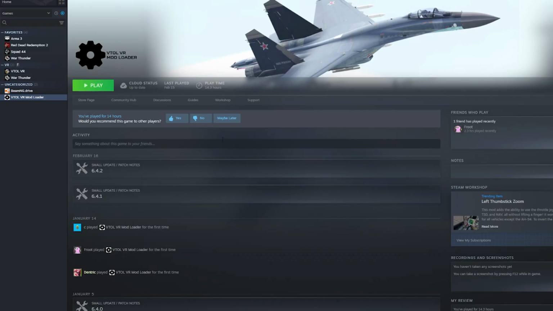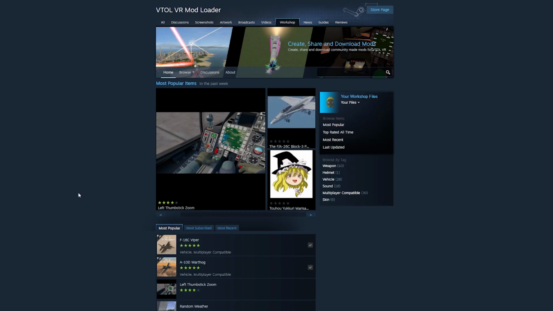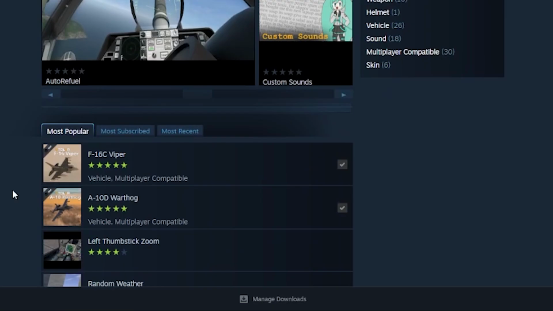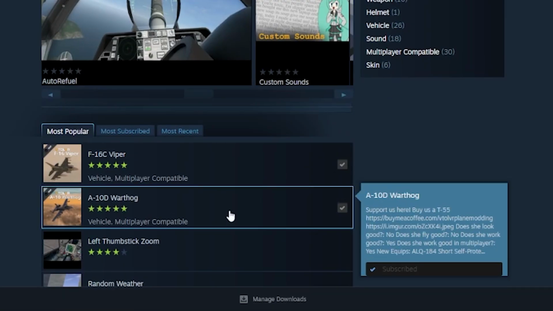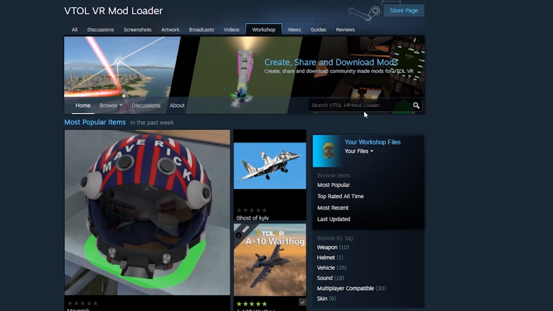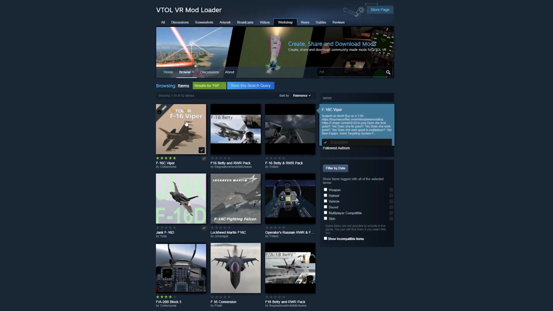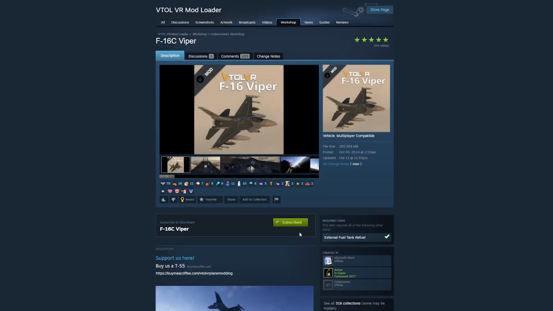So once you have it downloaded, if you come to your library and click on it, you'll see this tab here that says Workshop. And this is where you actually download the mods from. For the sake of this video, I'll be using the F16 and the A10 just kind of as examples. So you would come up here to the search. Let's say you want the F16, type in F16, click on it here, and you'll want to click the subscribe